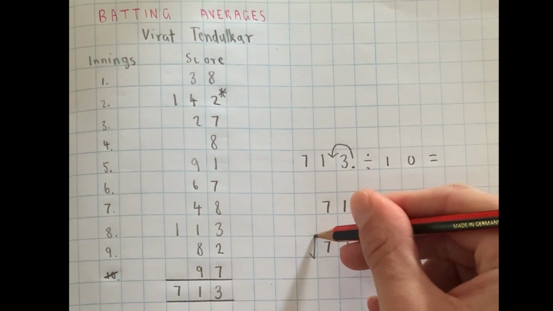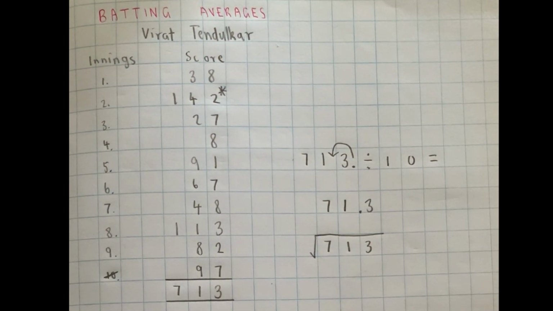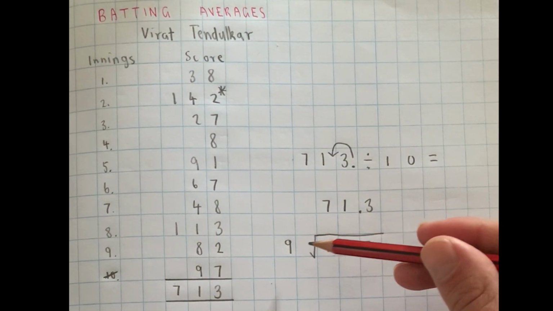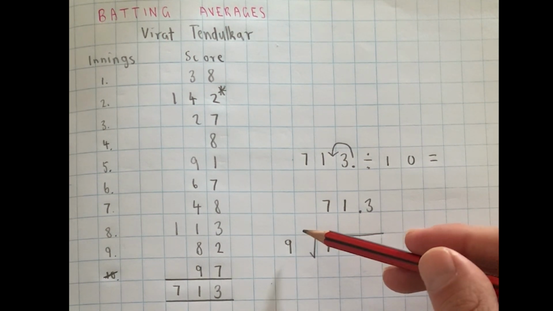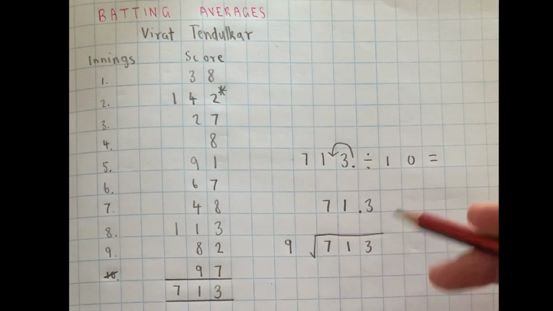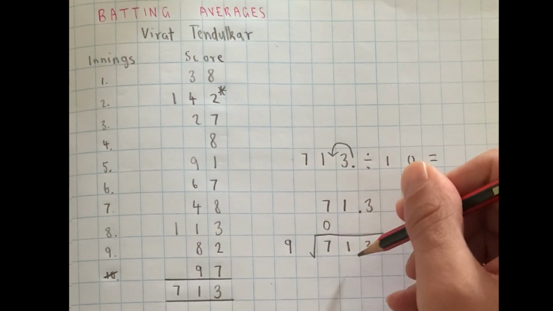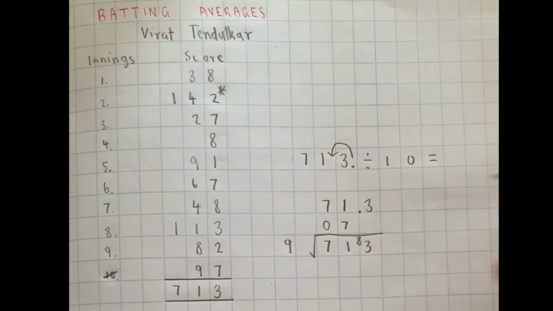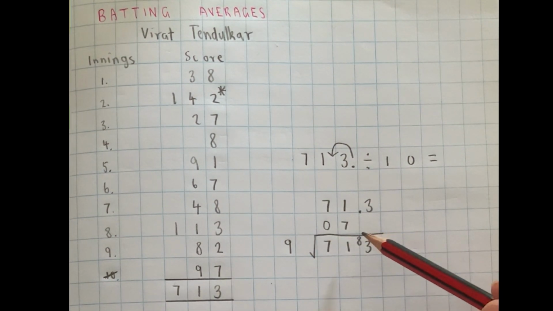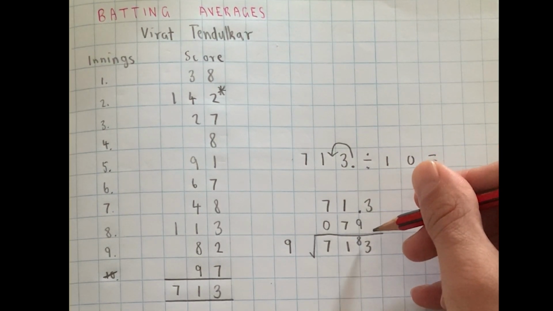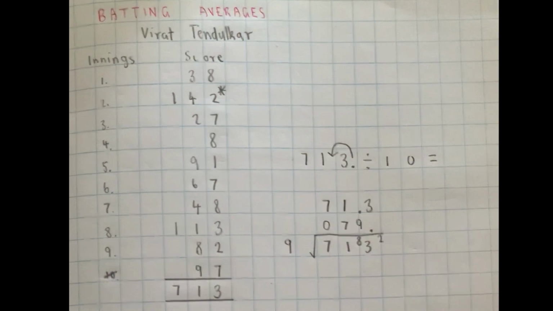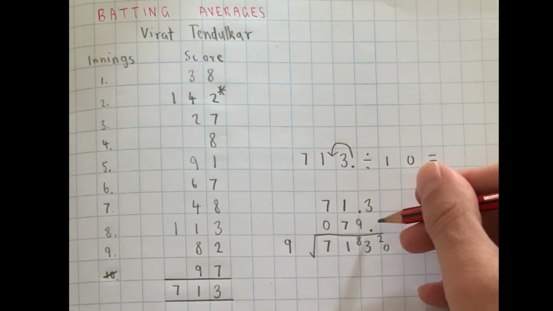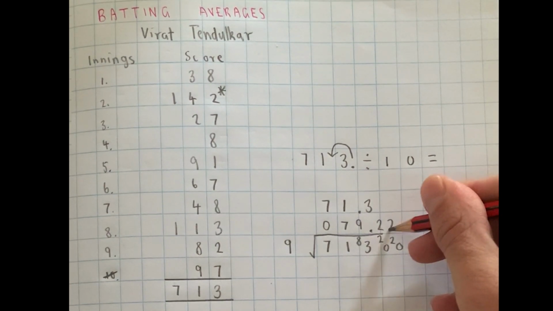So we take our 713, we put the bracket across like that, and we are dividing by 9. This is what we have to do. We look at our hundreds first, and 9 cannot go into 7, so that makes it 0. Now we're looking at 71, which goes 7 times with 8 remaining. So now we're looking at an average in the 70s. 9 goes into 83 9 times with 2 remaining, and we're going to put a decimal point here now. We make that a 20, and 9 goes in 2 times. So the average would be